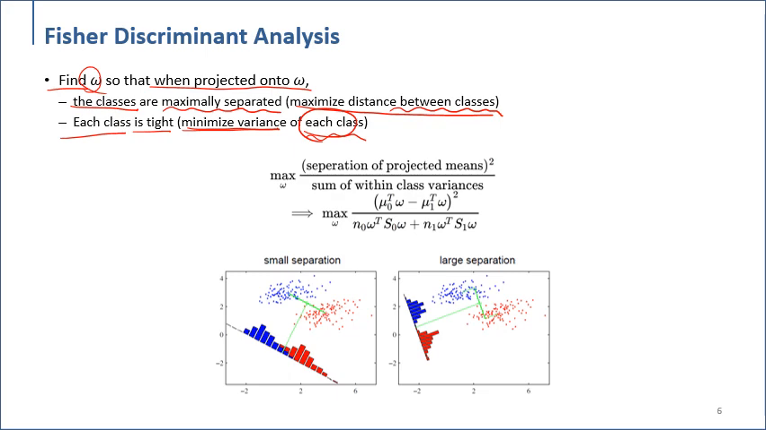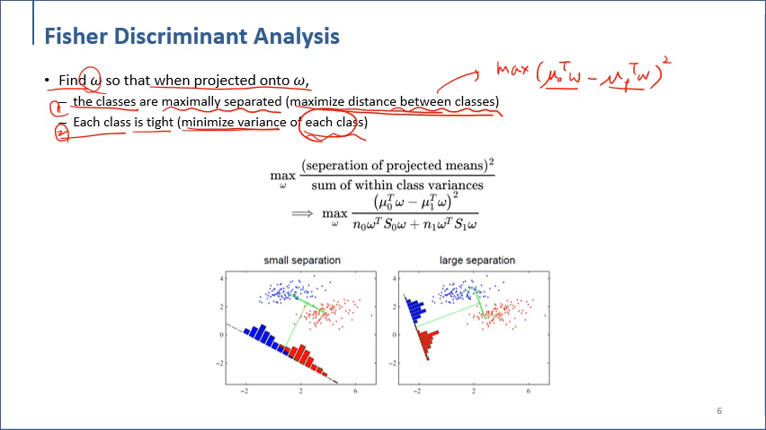To have maximized distance between classes, we need to maximize mu0 transpose omega minus mu1 transpose omega, squared. This is the mean of class 0, and this is the mean of class 1. By finding the maximum distance between these two averages, we can find the maximum distance between classes. And for the second condition, each class should be tight,